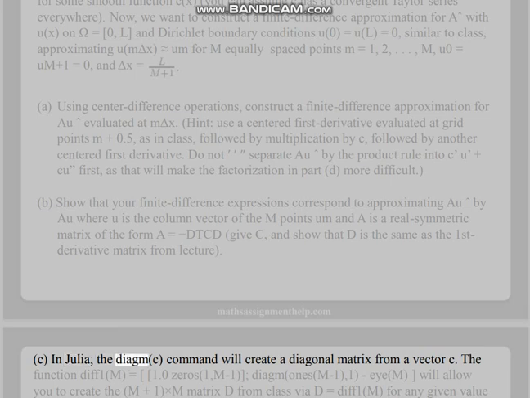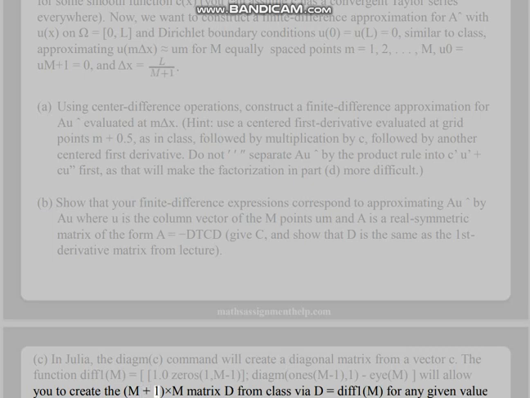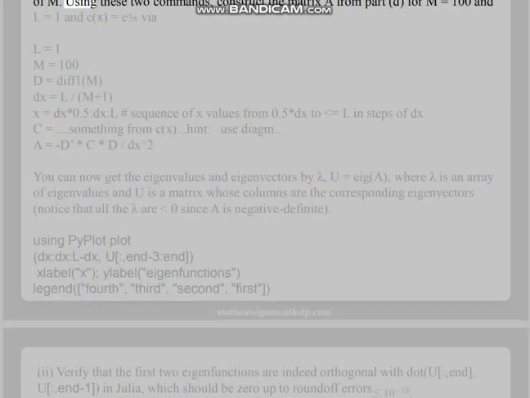C. In Julia, the diagm(c) command will create a diagonal matrix from a vector c. The function diff1(m) = [1.0*I(m); zeros(1,m)] - [zeros(1,m); I(m)] will allow you to create the m plus 1 times m matrix D from class via D = diff1(m) for any given value of m. Using these two commands, construct the matrix A from part B for m = 100 and L = 1 and c(x) = e^(3x) via